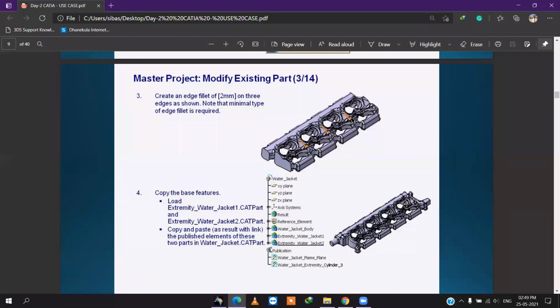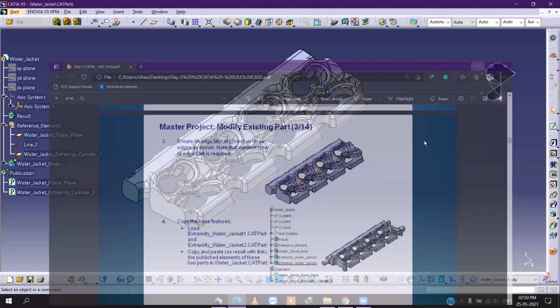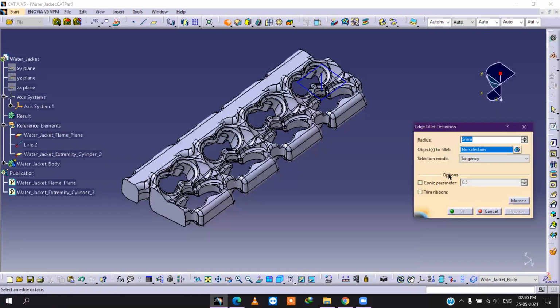After that, on these orange color lines, we have to go for an edge fillet of 2 mm, and the type will be minimal. Where is the, yeah, here, edge fillet. Select minimal. What are the objects to fillet, and what is the radius? 2 mm.